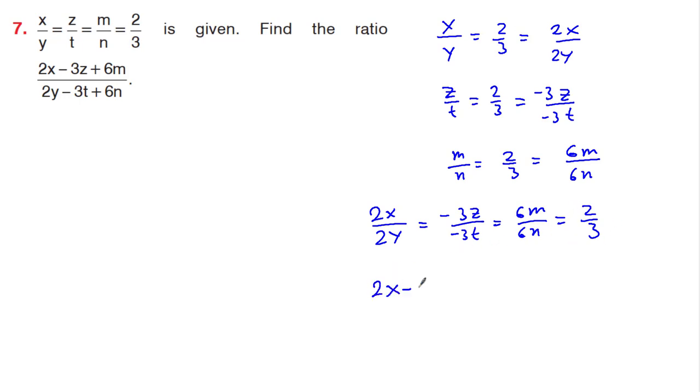So that means 2x minus 3z plus 6m over 2y minus 3t plus 6n